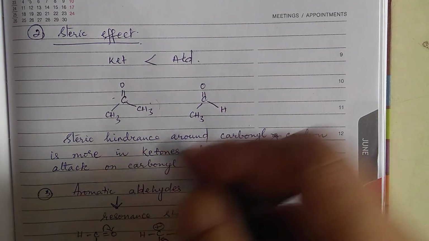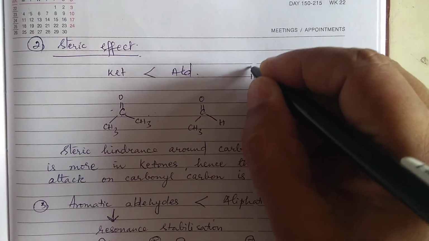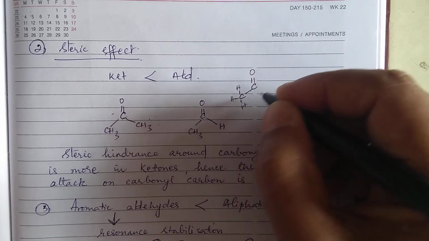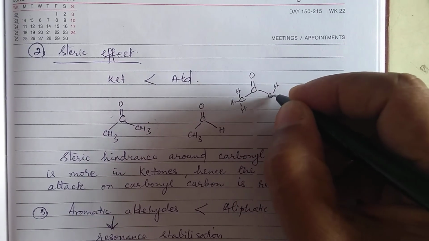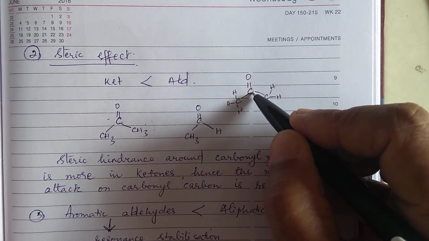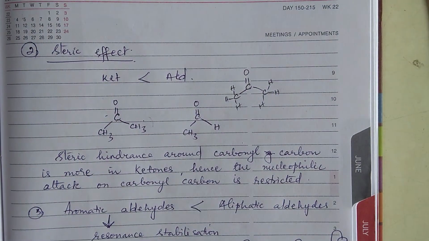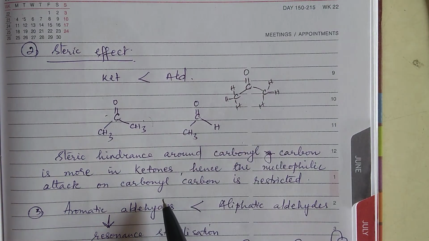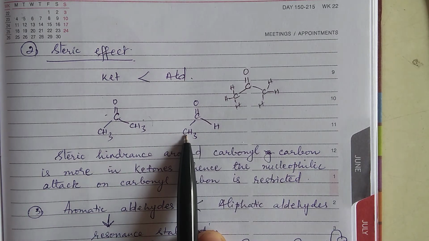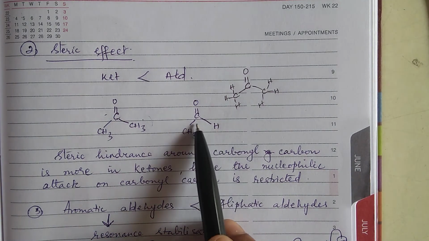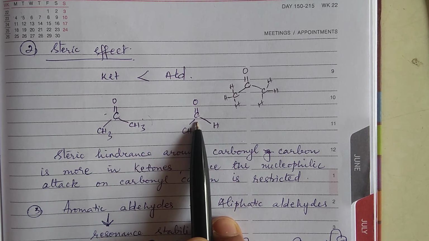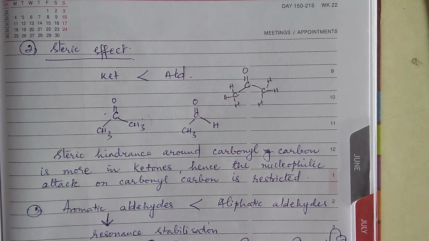Say for example, if you write the carbon like this, here there are 3 hydrogens, so on this side also there are 3 hydrogen atoms, is it not? So the site of attack on this carbon has reduced. The area of attack has reduced. That is why ketones are less reactive. Whereas in the case of aldehyde, you see there is a small hydrogen atom. So the area of attack on the carbon is much more. So this can easily undergo nucleophilic addition, whereas this will undergo it to a lesser extent.